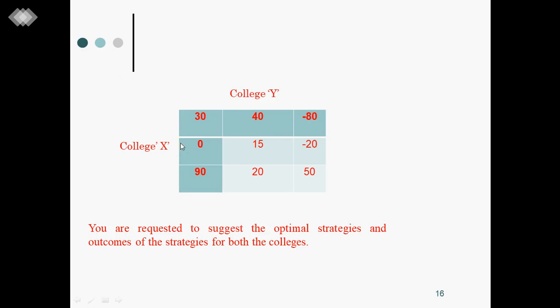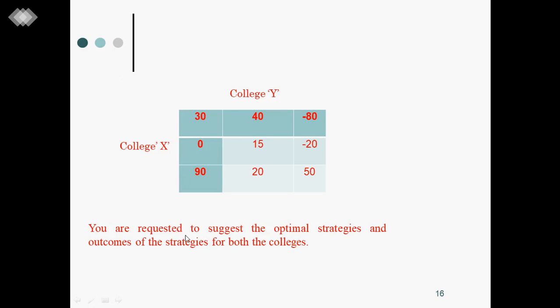But whereas if college X advertises in the newspaper and if college Y prefers the third one, television, so people may be attracted to the ad of television. In that sense, college X is going to lose 80. Minus means it is lost to X college, no? So minus 80. Like that, they have approximated the probable changes in the strength of students' admissions, fine, 30, 40, or wherever there is minus sign, it is lost to college X, okay. 0 means no loss, no profit.